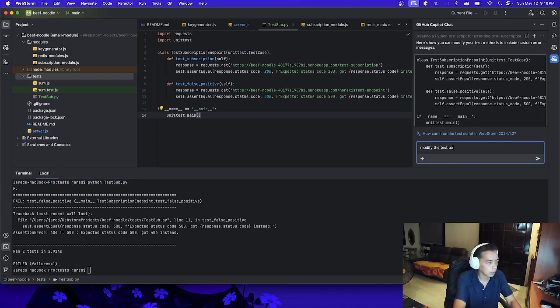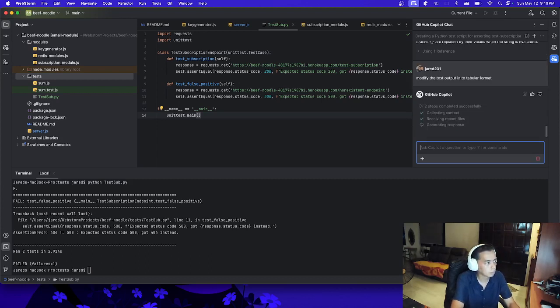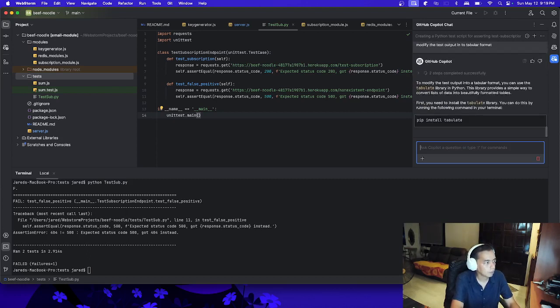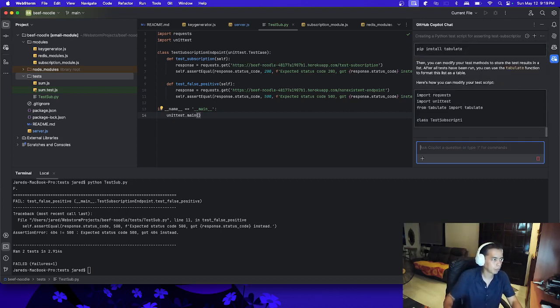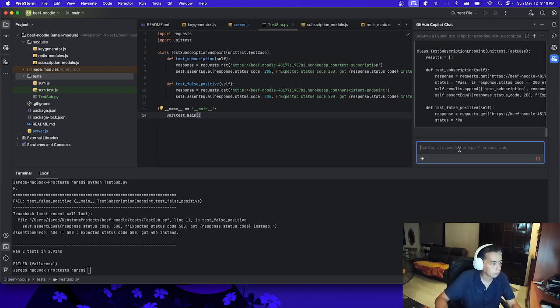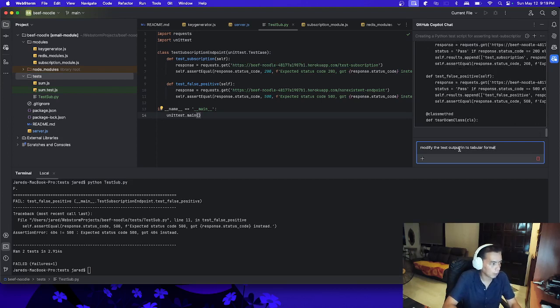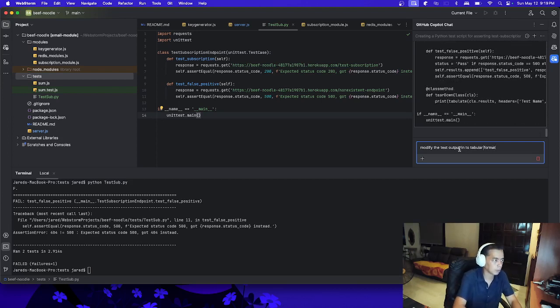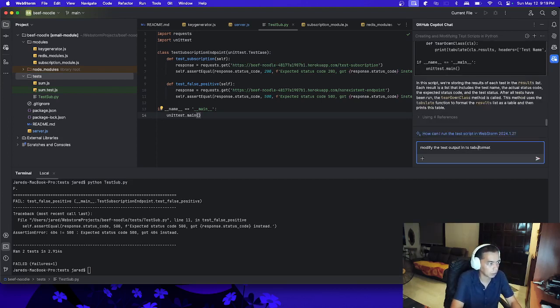So test output into tabular format, or probably table format. Tabular might give us something different.